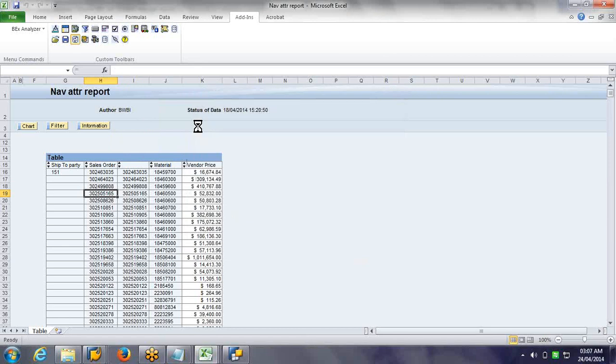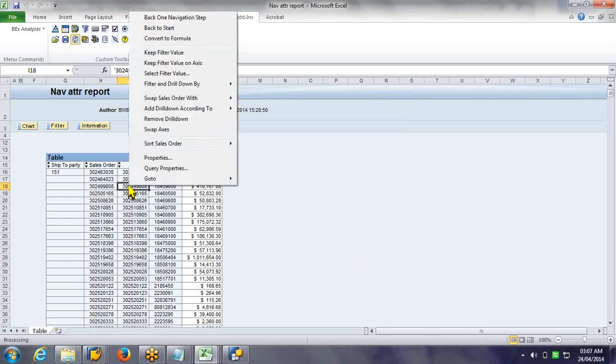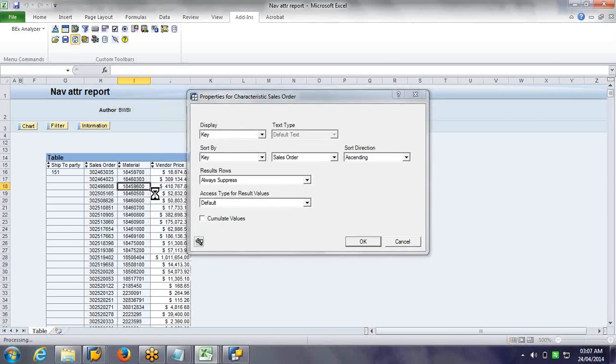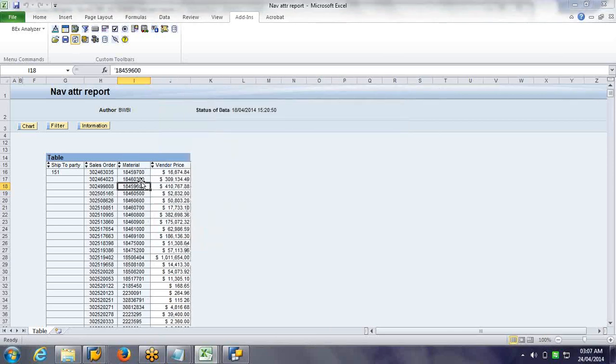Since text is not loaded for sales order, it is showing the same key even if you select text. For material we have loaded text, so you can enable text.